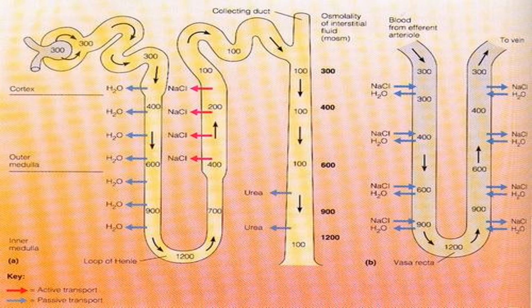Now you can see here, let's suppose 500 molecules of sodium moved out from 1200 molecules, and the remaining are 700. Now from 700, a further 300 molecules move out, and the remaining molecules are 400 in the ascending limb of loop